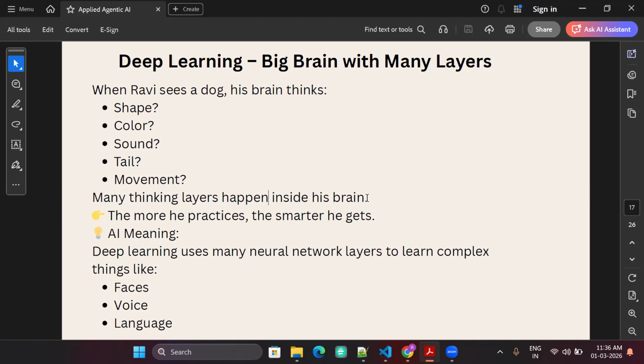I will not be able to tell what it is because I haven't seen that. Then my brain will learn again, will try to find more answers. And if a similar alien comes in future, then I might be able to tell that yes, it is something unknown. In the past, I have seen it once, and that is that unknown thing.